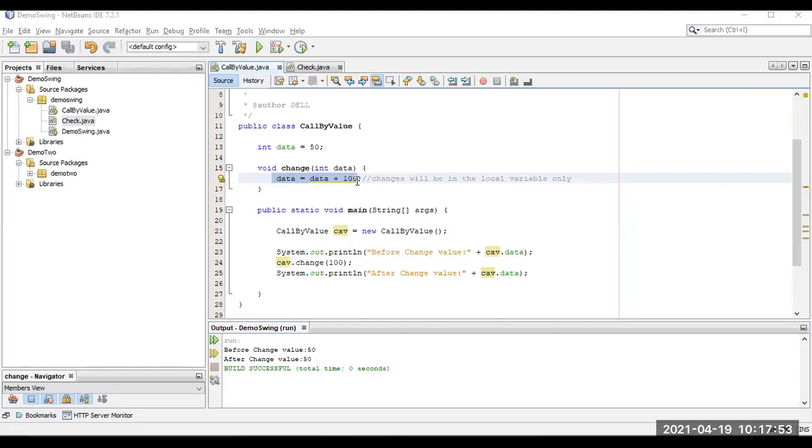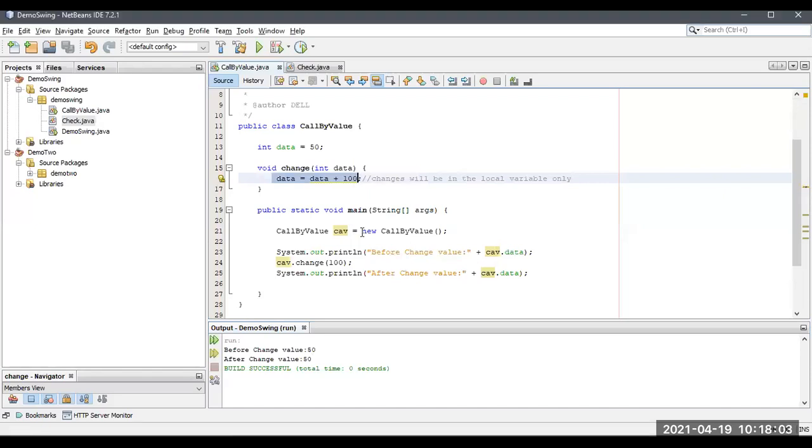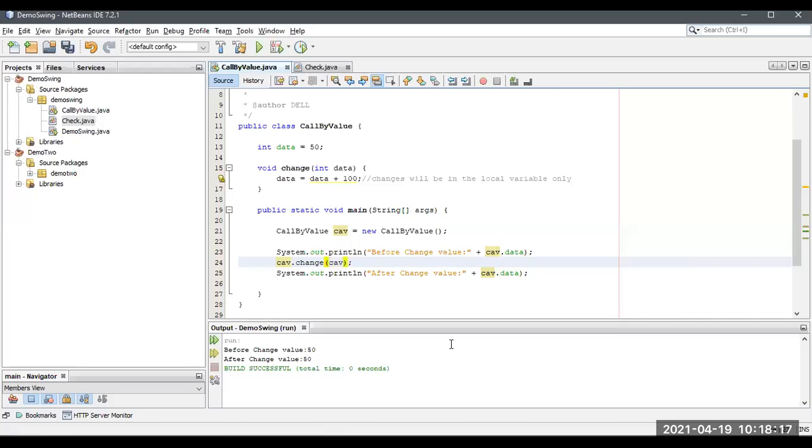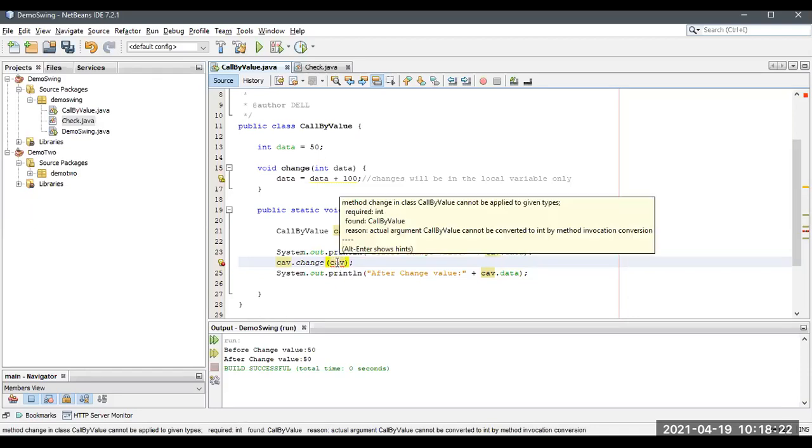So if we are going to change that value, we need to pass an object. Let me pass an object over here. Why is it showing an error?